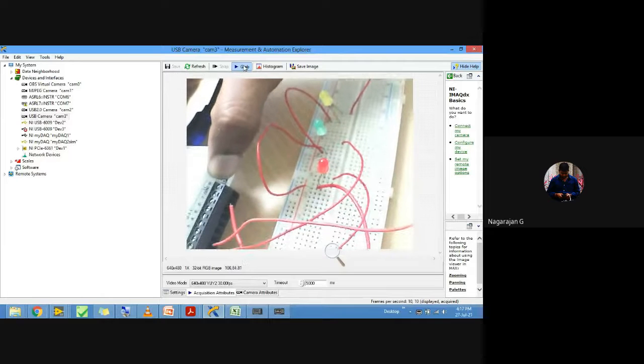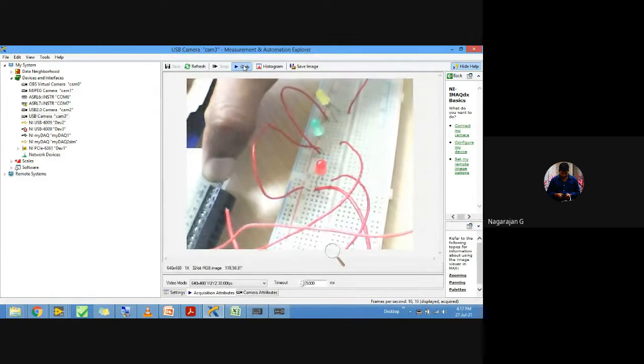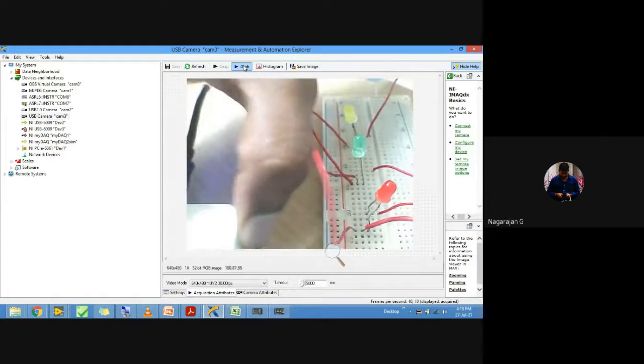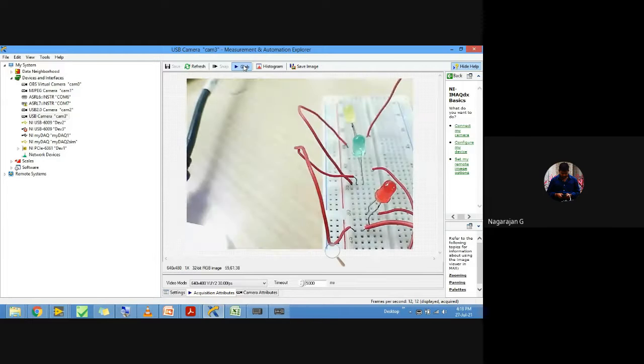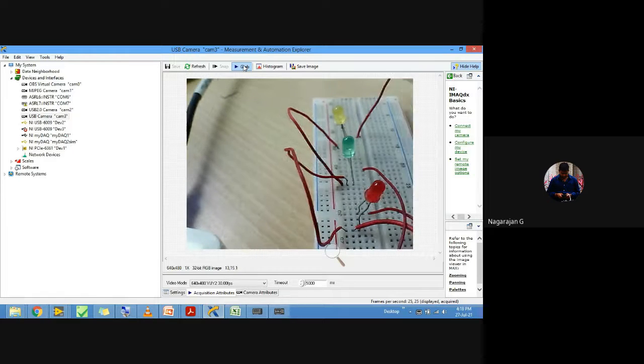Okay, so right now I'm going to show how we are going to control the on and off status of a single LED, not multiple LEDs, a single LED. First, we'll try to see how we can turn on and off the red color LED using my DAQ hardware. So here we know it comes under a DAQ family, right? So if you look at the connections,